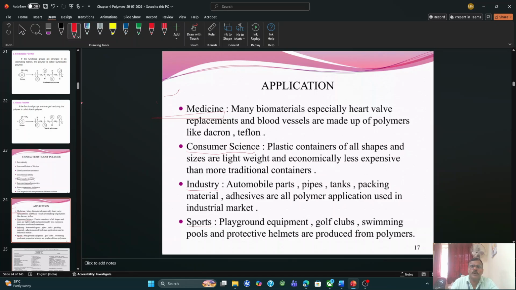In medicine, many biomaterials, especially heart wall replacements and blood vessels, are made up of polymers like Dacron and Teflon,